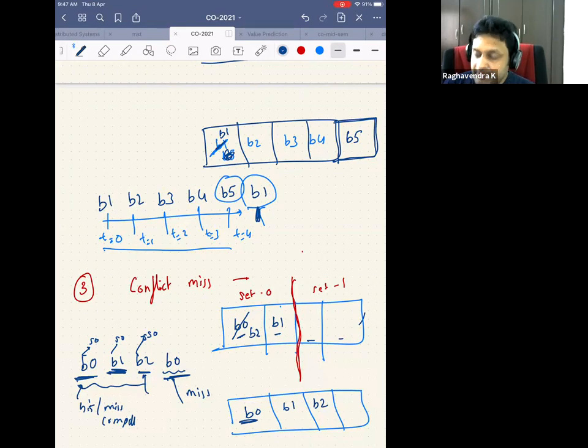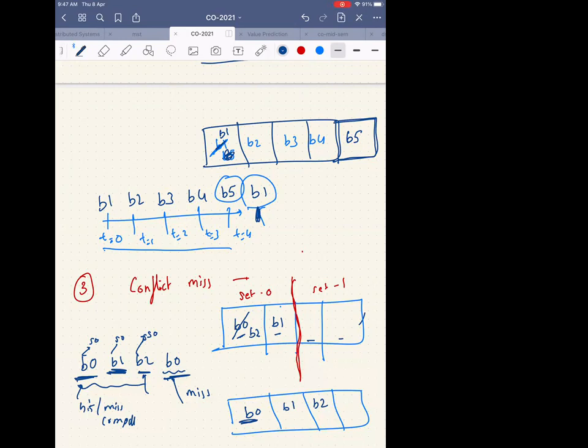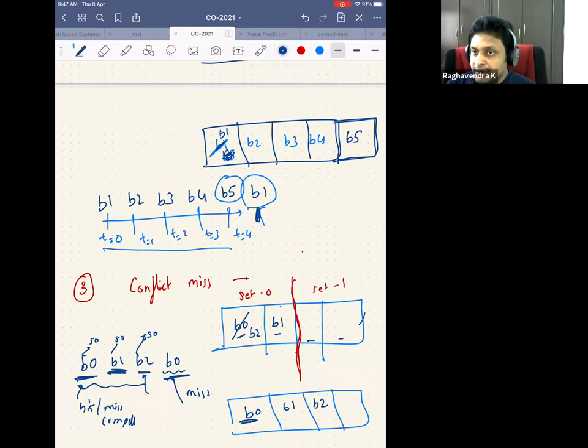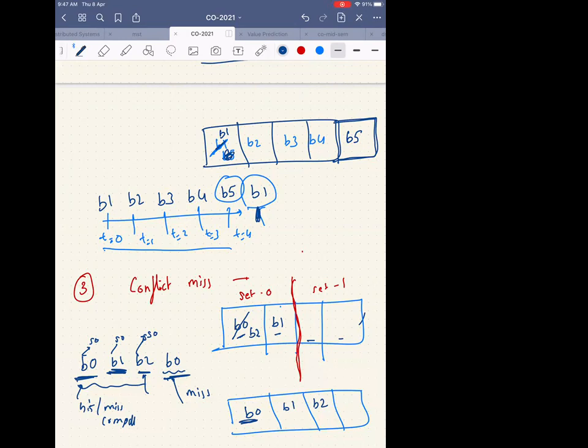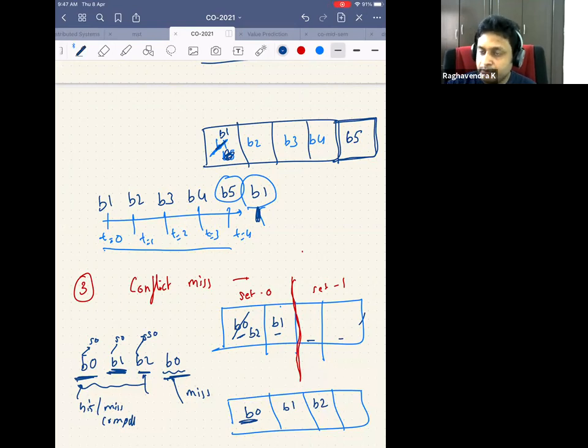There will be no conflict misses in a fully associative cache, but there will be conflict misses in a direct map cache, in a two-way associative cache, in a four-way associative cache. Is it clear? Yes, sir. Okay, so can you tell me what kind of cache structure will have the highest conflict misses? Set equals to block. Yeah, the direct map cache. You have only one position to go. The block has only one way to go. So it's a direct map. So the number of conflict misses will be highest in the direct map cache.